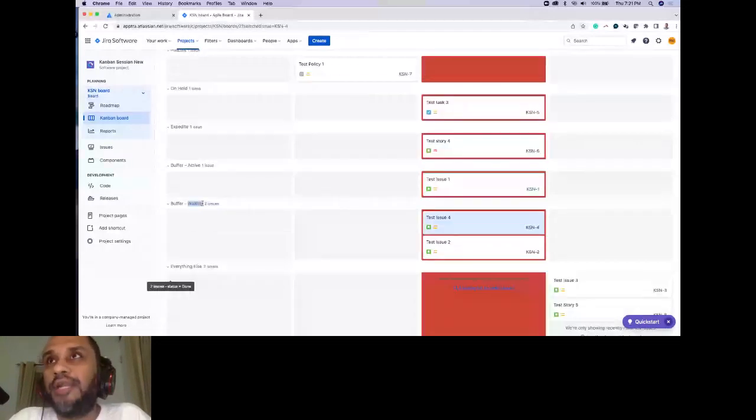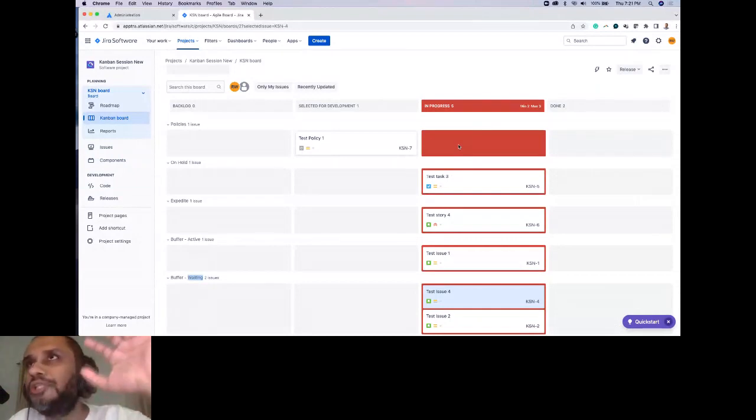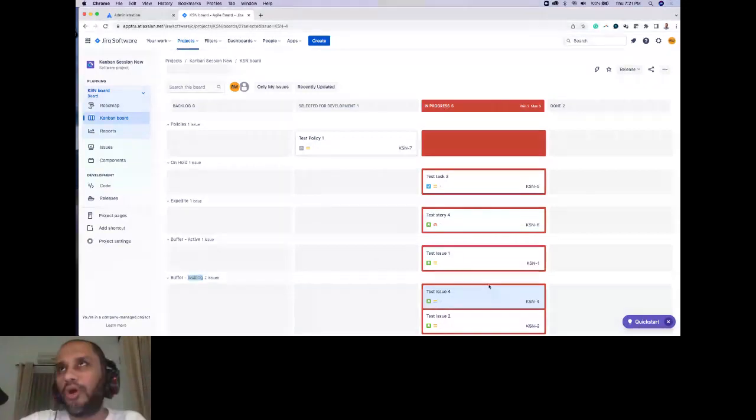So basically what I've done is I've gone down the path of creating swim lanes. I'm going to show you all swim lanes in more detail in a few minutes' time. But for the moment, just keep in mind these horizontal lines, whatever you add, the board is actually.